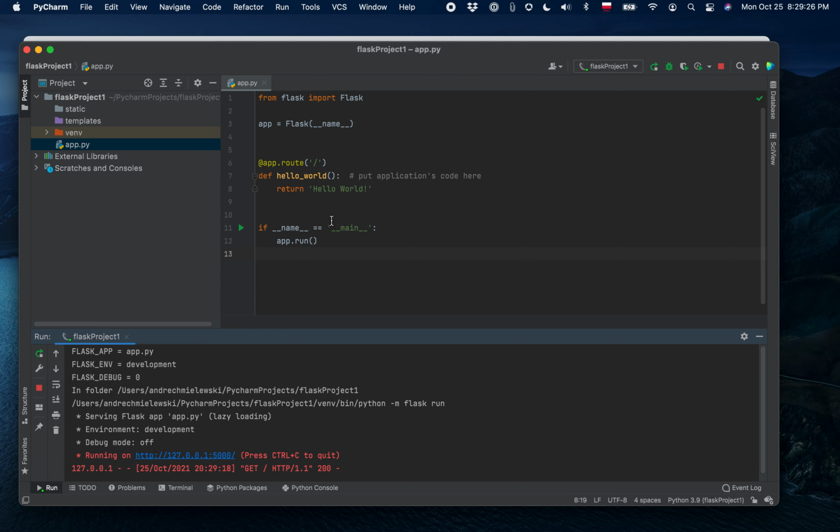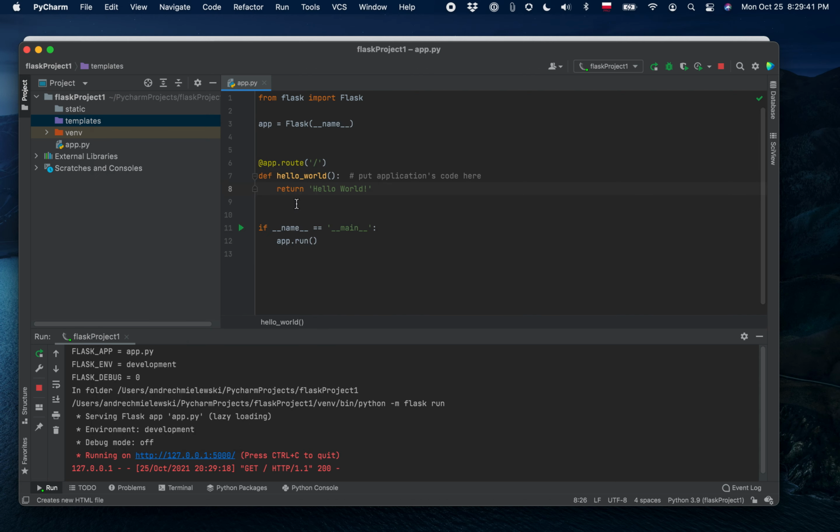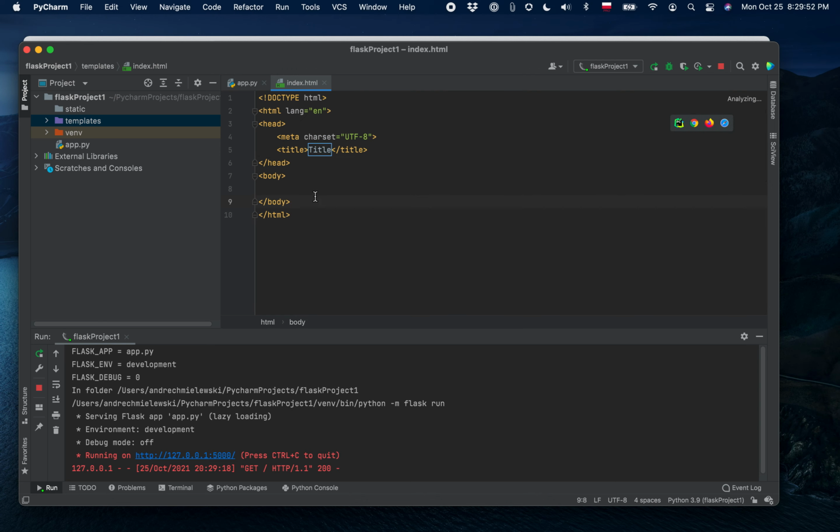All right, let's change it around a bit. As I mentioned, the first thing I'd like to do is get us rendering some templates. So we have an empty templates folder. Let's go ahead and add a new HTML file. We'll call it index for now. This is the main one. We say hello world,